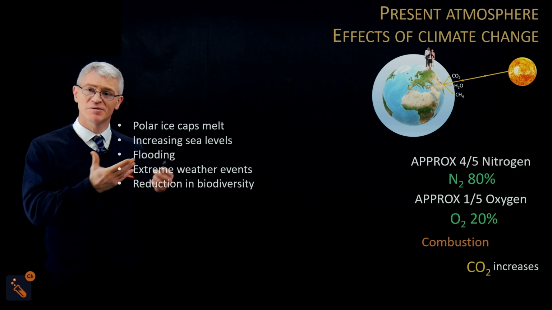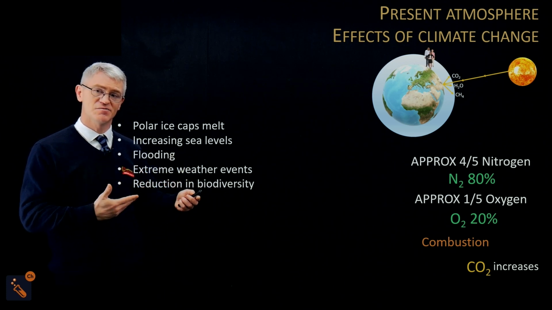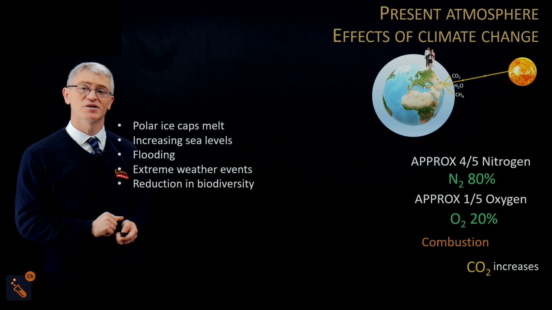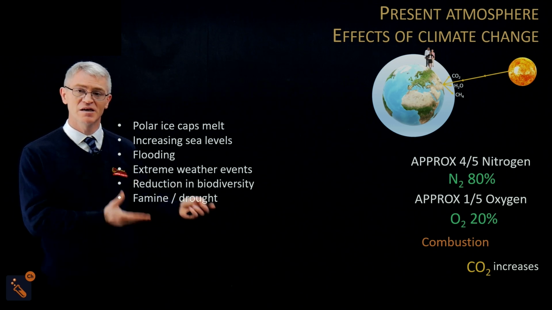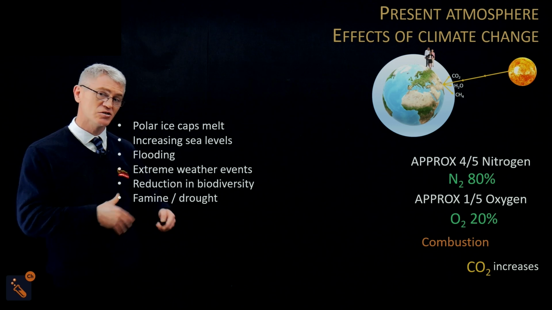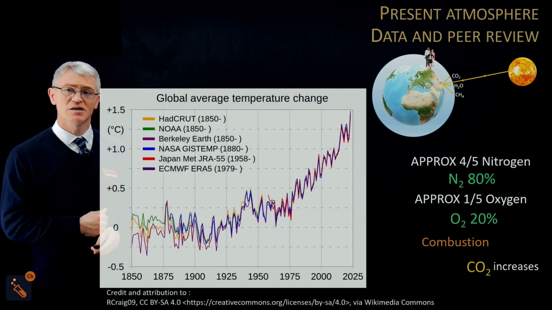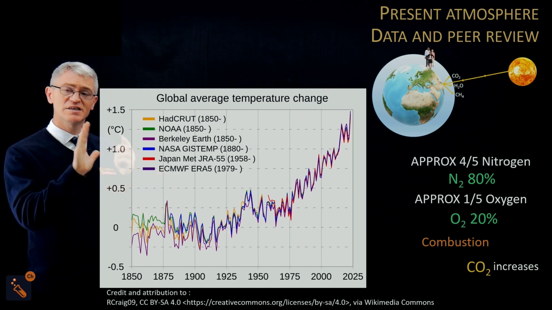Okay, so we need to make sure that when we're doing our food, we do it in a sensitive way to biodiversity and not destroying biodiversity. And there are examples of that happening around the world. The question is just, is it happening quickly enough? You get famine and drought in some countries, so you get dryness in some, you get lots and lots of rainfall in others. Okay, so there are all of your effects, but I wanted to take a very short period of time to talk about the average temperature change globally,